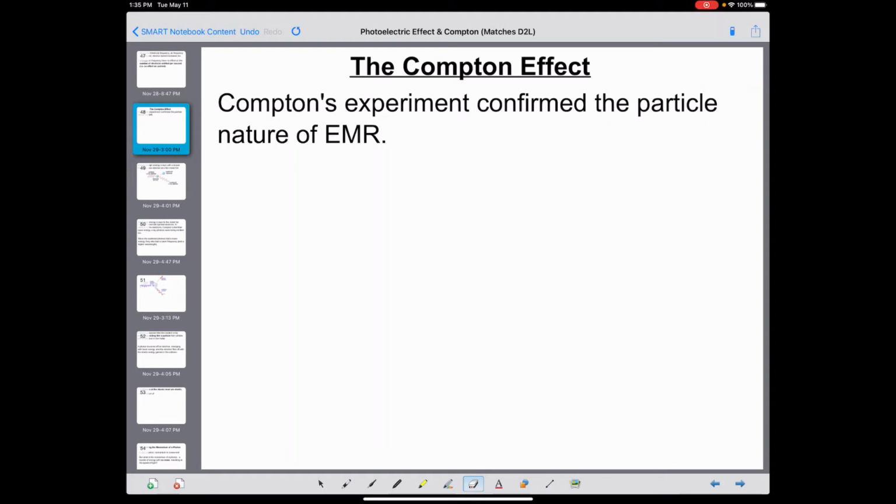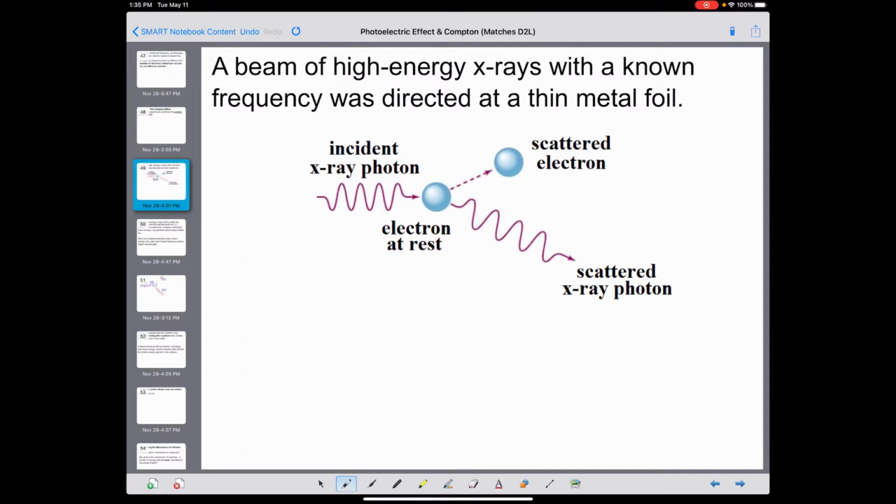Right, the Compton effect. So the reason we study the Compton effect in Physics 30 is that it's another experiment that confirmed that EMR, or light, behaves as a particle. So in the Compton effect, we took a beam of high energy X-rays and we directed them at a thin